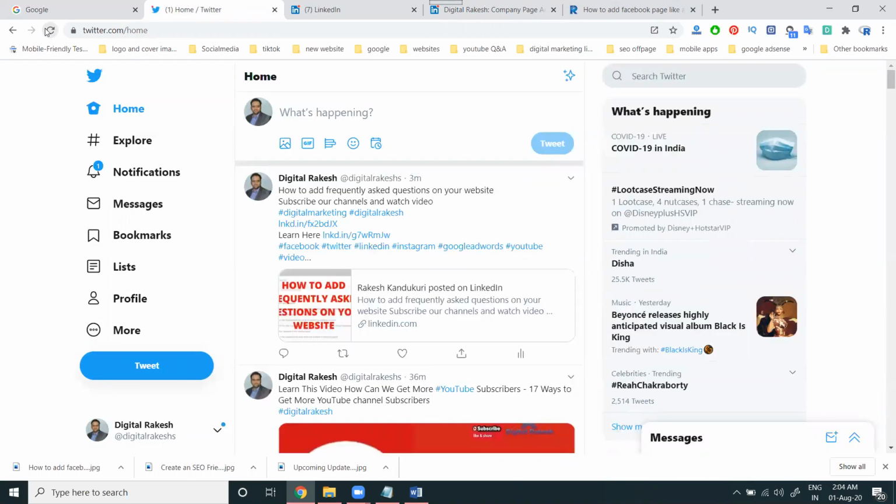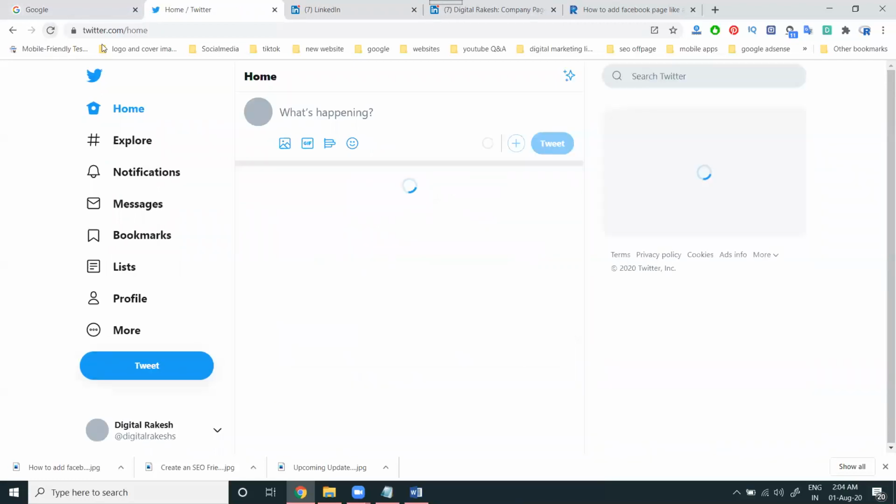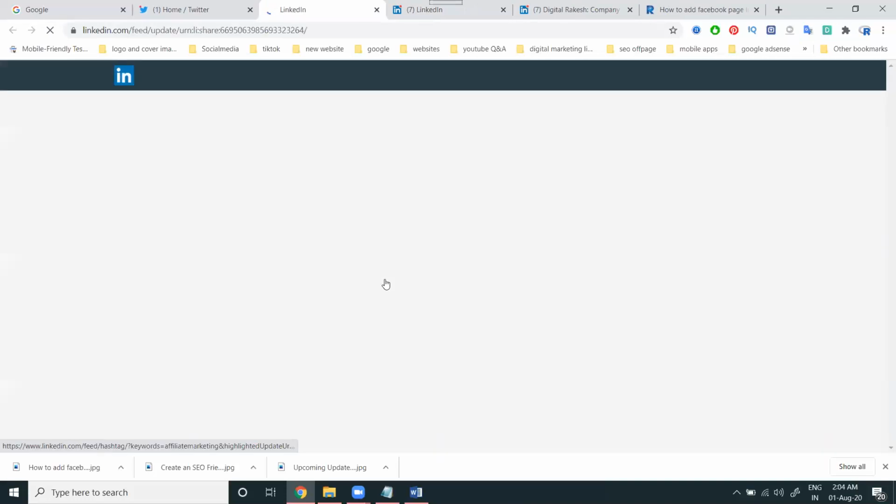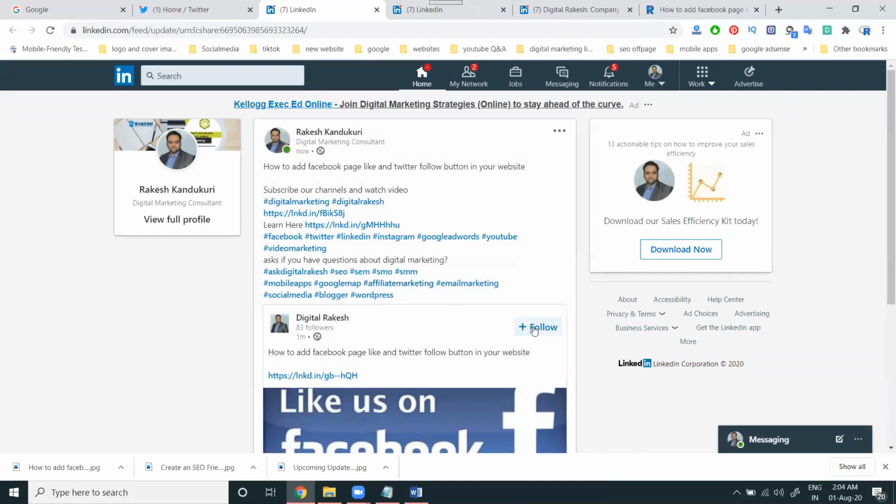The compulsory instruction we can follow to increase the particular post content: if you maintain Twitter and LinkedIn, please post content from the LinkedIn company page to share on the profile and the Twitter wall. In this, finally, we have to refresh this option. The content will show with a large image. Click, come into the profile, and increase the LinkedIn company page followers.